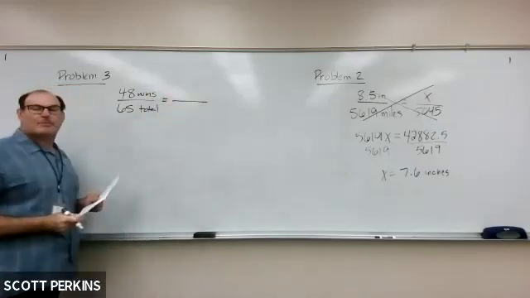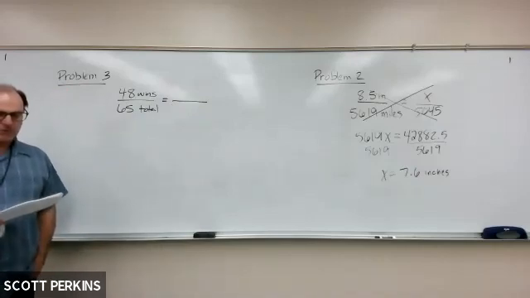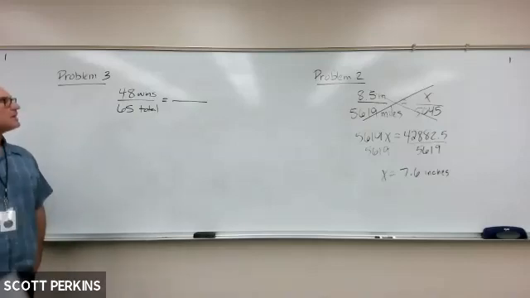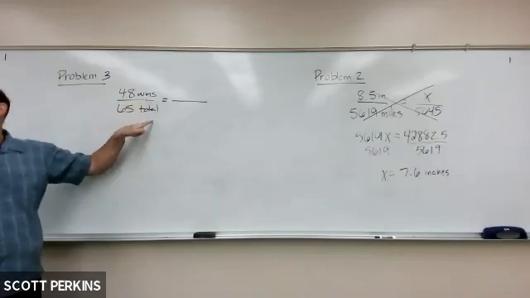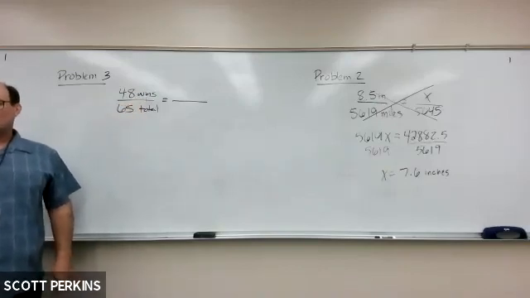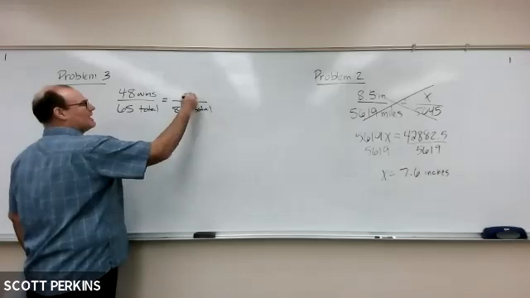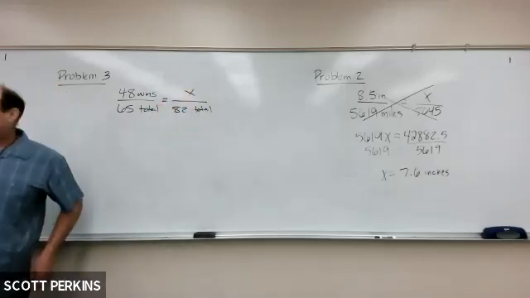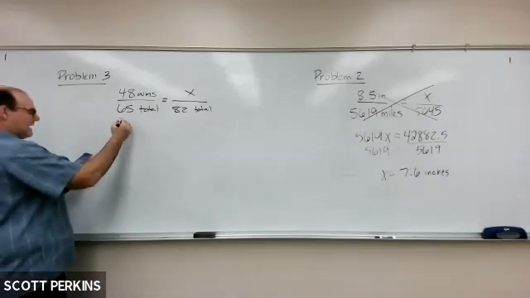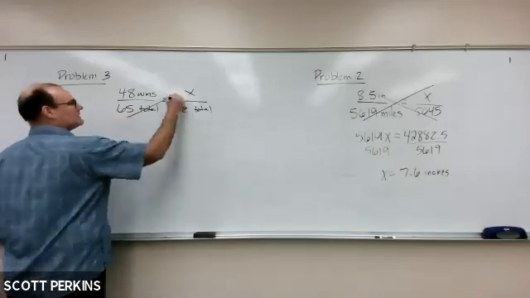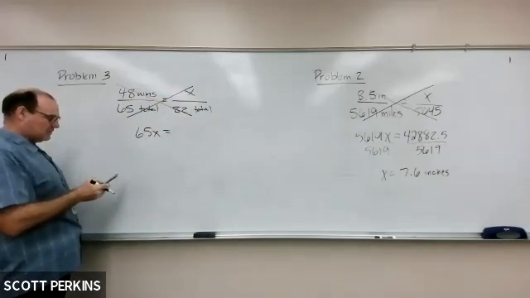So now this one might be a little bit more vague. Now we're given that the complete season is 82 games. So where am I going to put the 82? Does 82 represent wins, or does 82 represent total? It represents the total. We want to know how many wins. That is the question. So we're going to put the 82 total in the bottom, and then the number of wins in the top. Okay, once you get everything in its appropriate place, now it's just a matter of multiplying along the diagonals. So I have 65 times x is equal to 48 times 82, which is